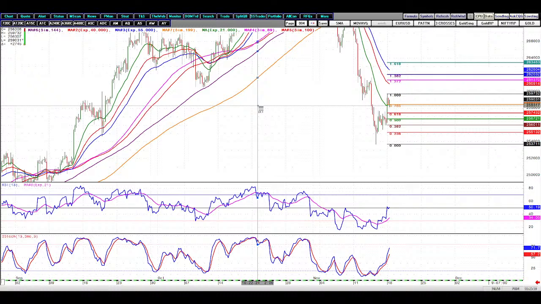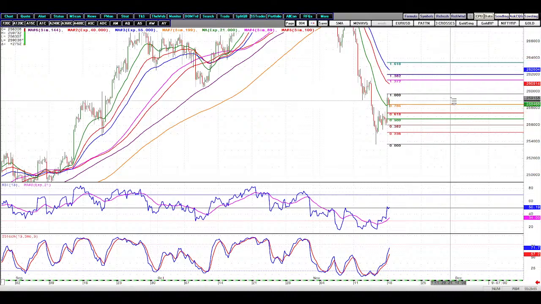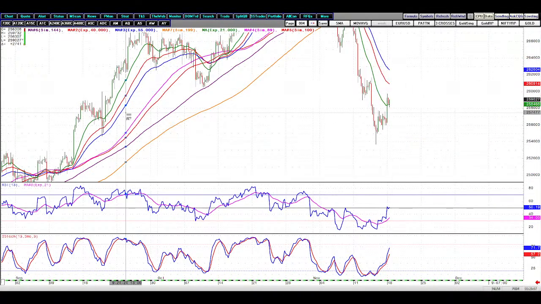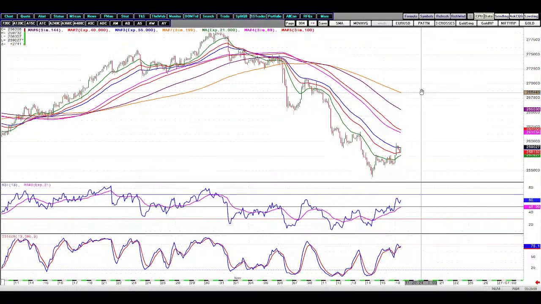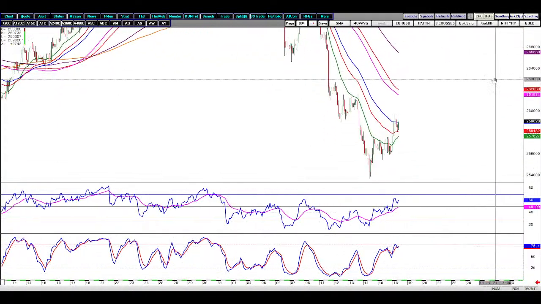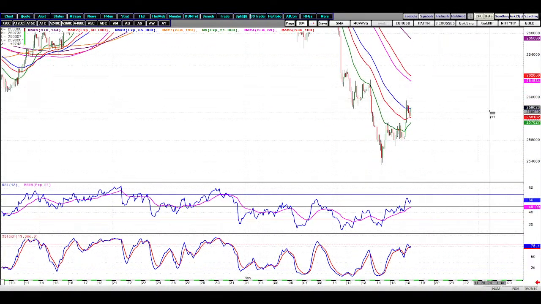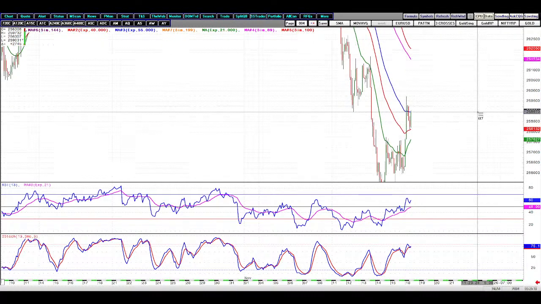Okay, so now this is what I think. Looking at the chart, I'm convinced that I'm going to go for a re-entry,